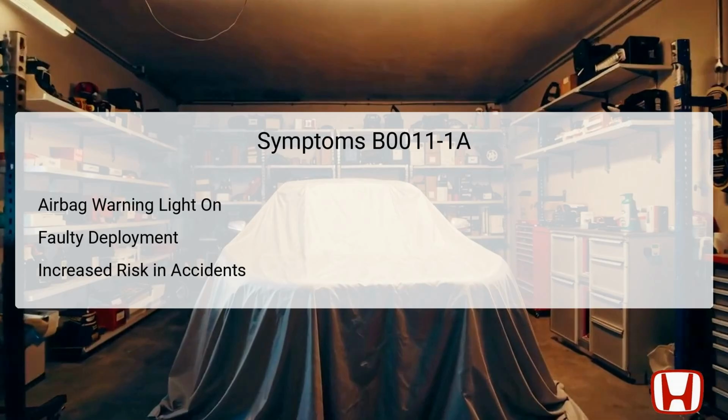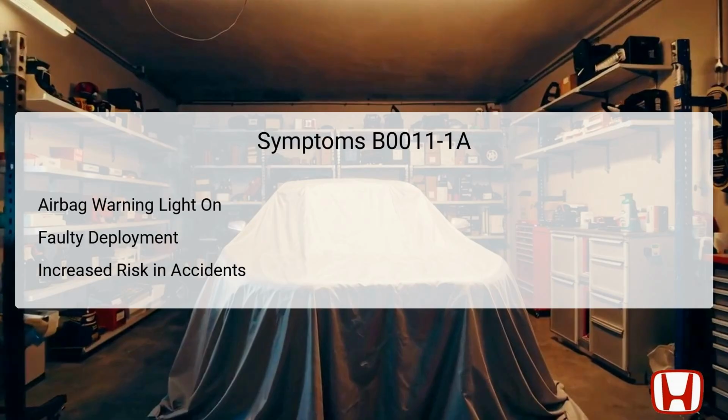When dealing with DTC B0011-1A, several symptoms can arise. The most noticeable is the illumination of the airbag warning light on the dashboard, which indicates a fault within the airbag system. This warning is essential, as it signals that the airbag may not function correctly when needed, compromising passenger